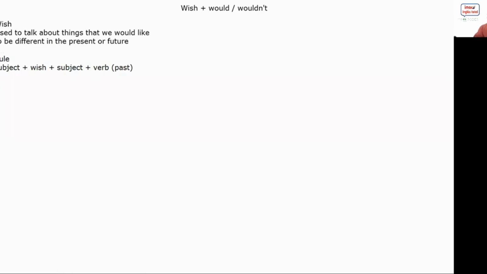First, you have to use a subject, of course. Generally, this subject is I, because we talk about things that we would like to be different. But that doesn't mean that you can't use other subjects. But I is very common. Then, of course, you use the verb wish, the action, plus the subject or the noun of the action that you would like to be different. Of course, you need an action to refer to.